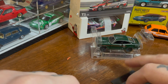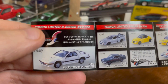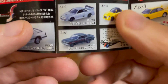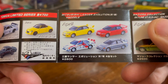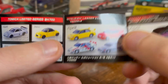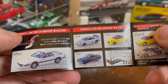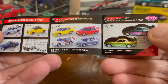And underneath the car, we have something here. Tomica Limited, and it looks like so there's the Sunny. And these seem like Lancer Evolutions. Oh, they are. It says up there. Does that say? This one doesn't say what it is. It's quite the mix of English and